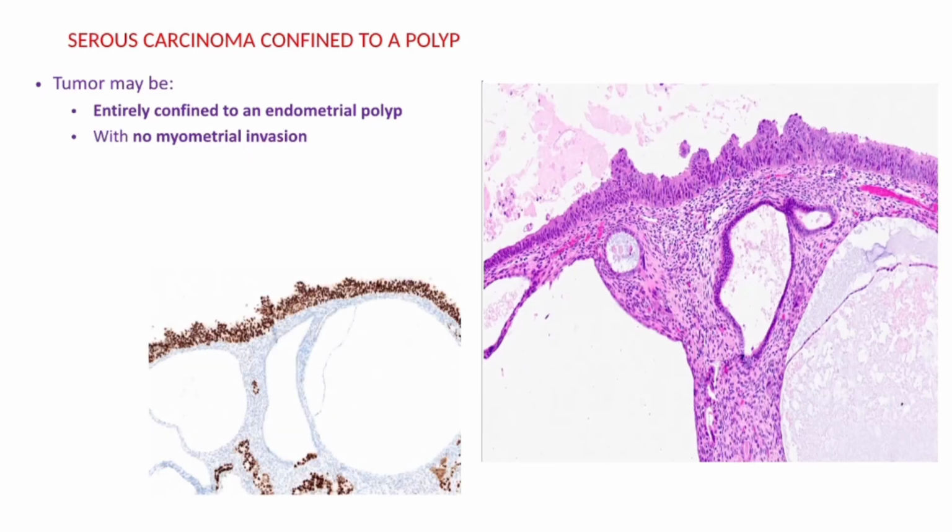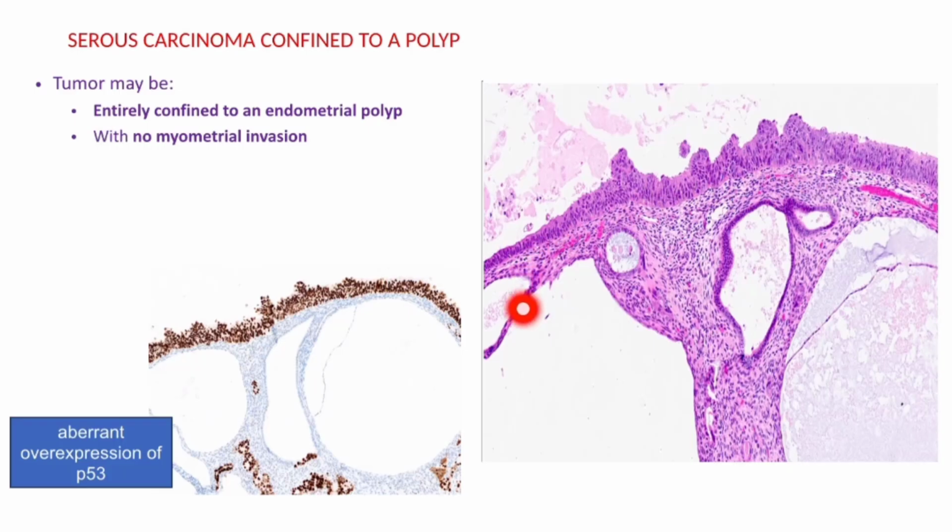And here we can see this is normal lining of this endometrial cavity, and here you can appreciate this nuclear feature having high grade features, and this is a polyp lining. So polyp lining, this is normal